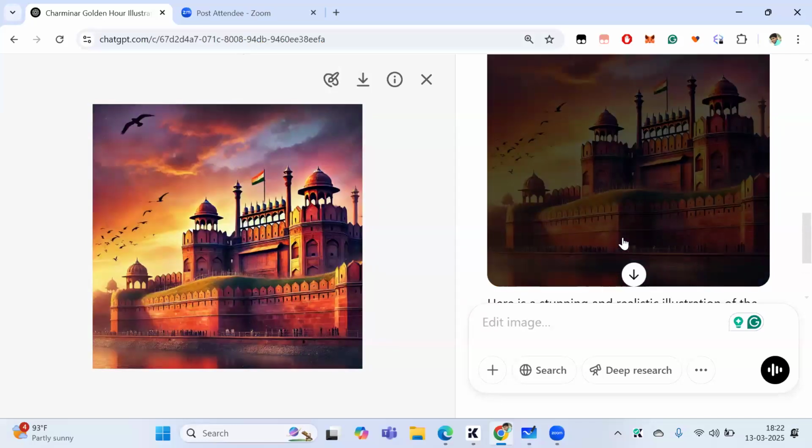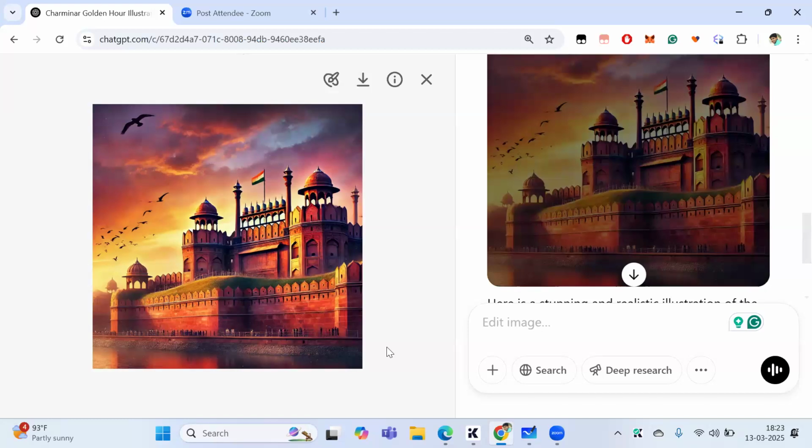Very clearly, this is how the image got created. With a very simple and basic prompt, you can see some great images being created. But I'll let you know it's really going to be painful, because if you observe over here,